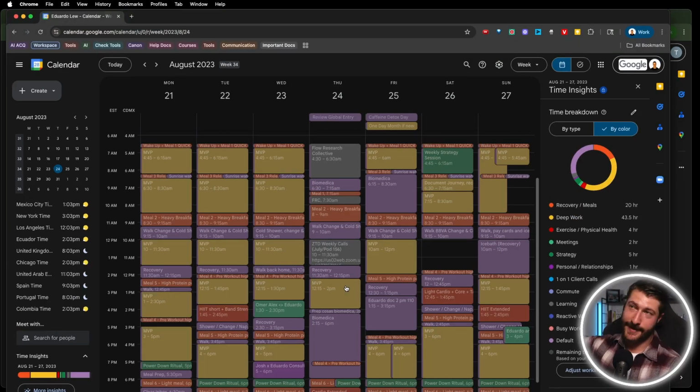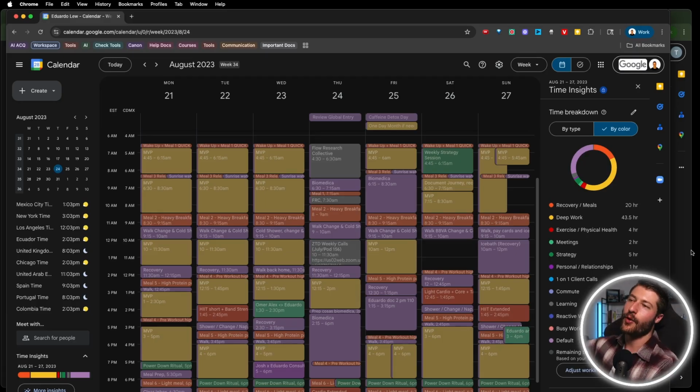So here's a quick example from August 2023. I'm referencing this because at that time I was working on one of the programs that I had back then, and I didn't have a lot of meetings, which I didn't want to show a lot of those. But when you have all of your calendar fully mapped out, and I know this is going to give some people a heart attack, and some people are going to be pleasantly surprised about it, when you have a calendar like this and you're able to learn how to use it,